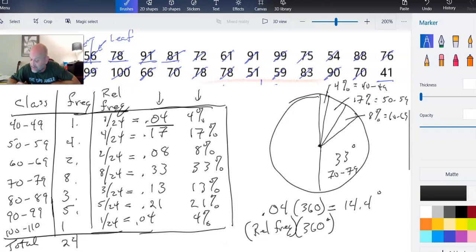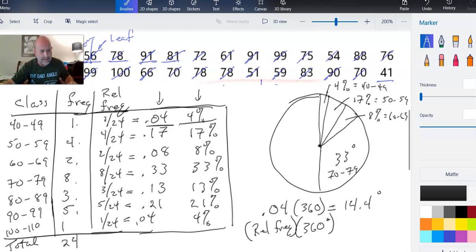Right, so those things are kind of nice for that. So I'm not going to go through the whole thing here. We can see how to kind of piece this together. The percentage that you have for your relative percentage should be the percentage of the circle that's actually colored, so that way the area corresponds to the relative frequency. And it makes it easier for your eyes to look at and just see what areas are bigger than others, because human beings are made to look at pictures. They're not made to look at data, which is why we're translating all this data into more chunked down things. Okay,